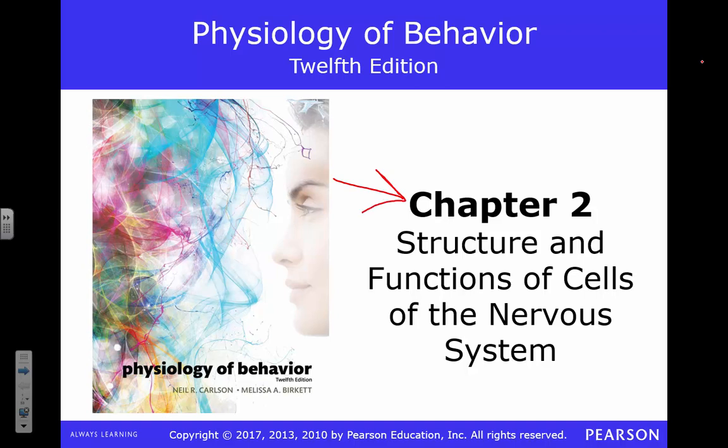Chapter 2 is probably the most difficult chapter in the entire book. It's long, it's detailed, it's very, for one of you, you're going to get excited, JP, right? Because it's very molecular, we're going to get down and talk about ion channels and sodium and all kinds of fun things like that. It's going to be awesome.